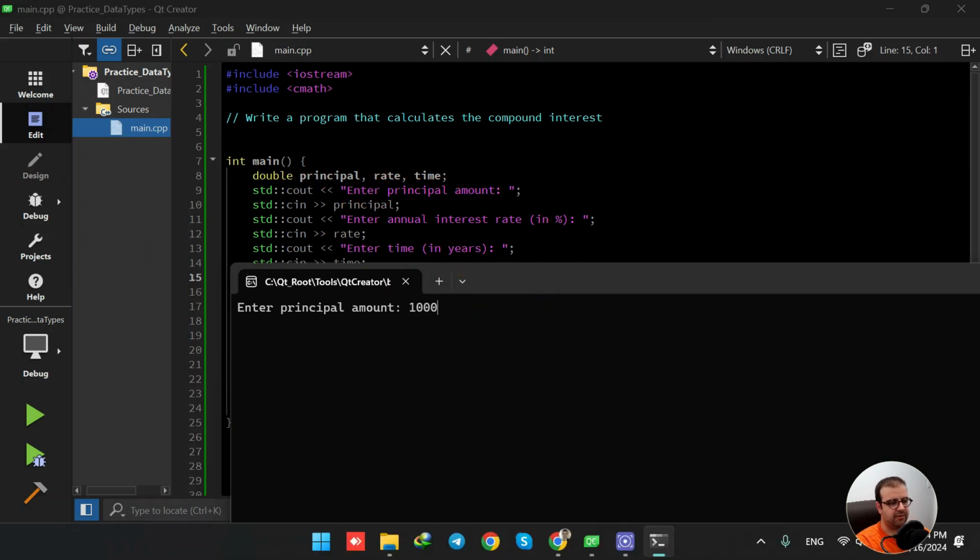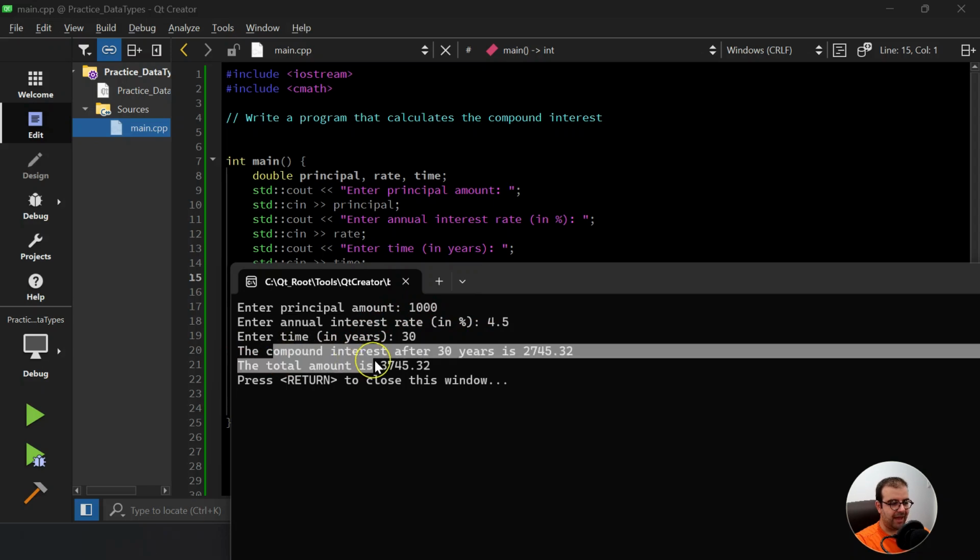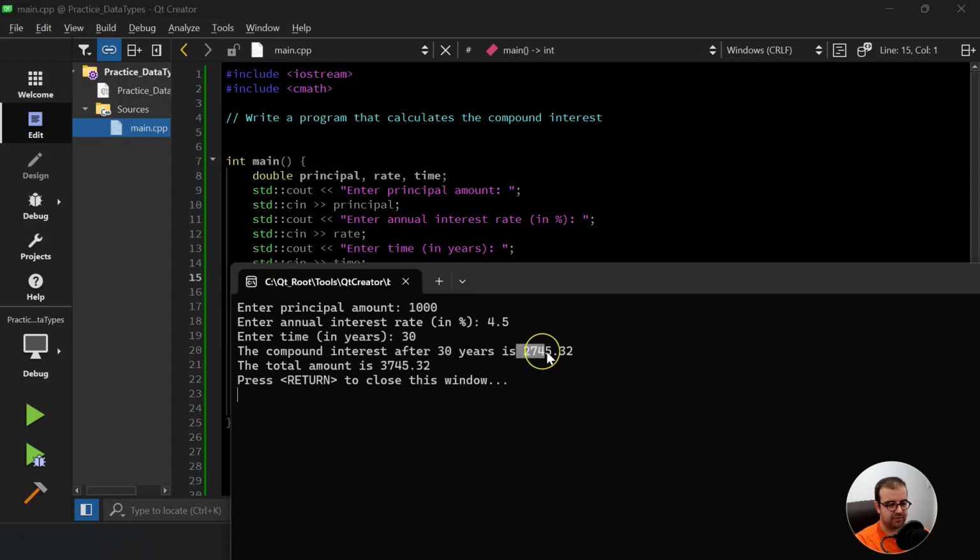I would say, for example, 1000. Then enter annual interest rate. I would say, for example, 4.5%. And then enter the number of years. So I'm going to get a mortgage, for example, from the bank, and I'm going to get $1,000 from the bank, and the interest rate for this amount of money is 4.5, and I'm going to return this money after, for example, 30 years. So when I enter, it says that the compound interest after 30 years is